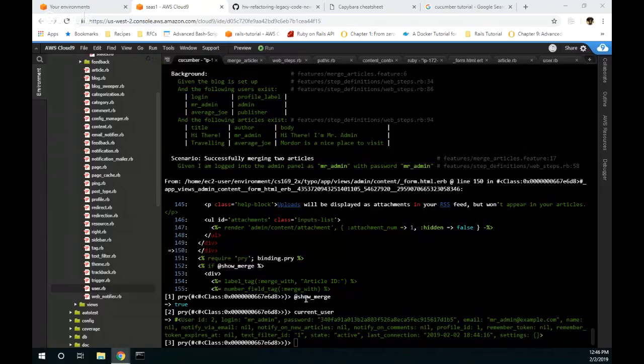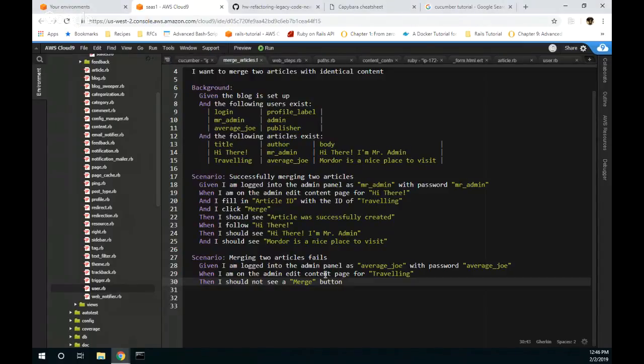Yeah. So current user is Mr. Admin. That's the problem. Mr. Admin is an admin. So how are you logging in? Given that I am logged in to the admin panel as Average Joe with password Average Joe. But, in the steps we have, but I saw we were doing